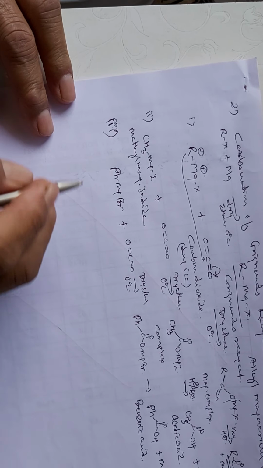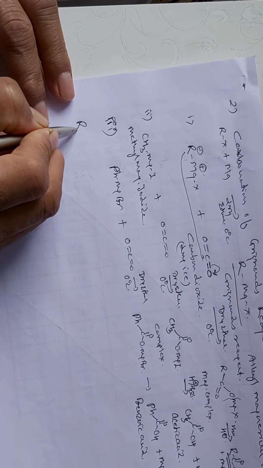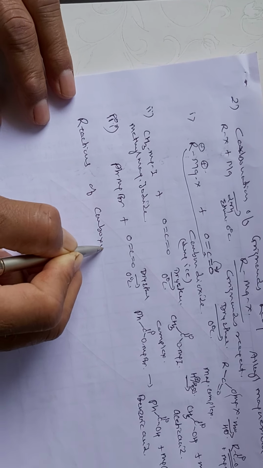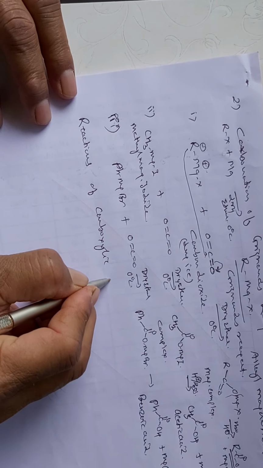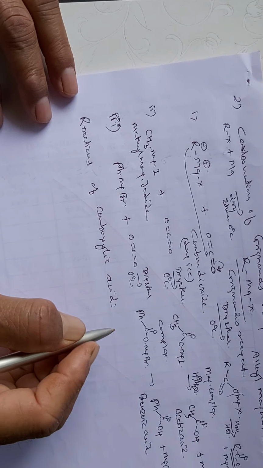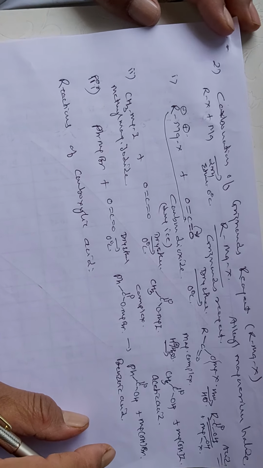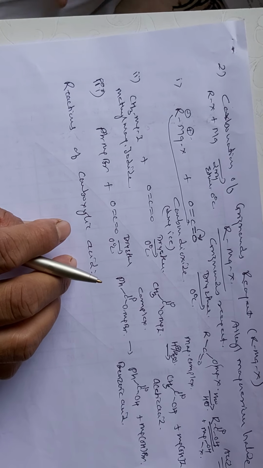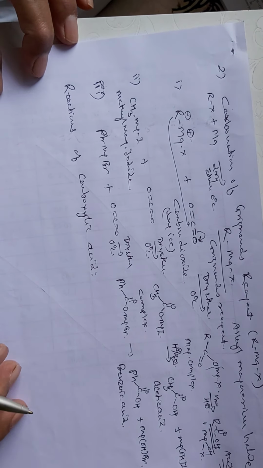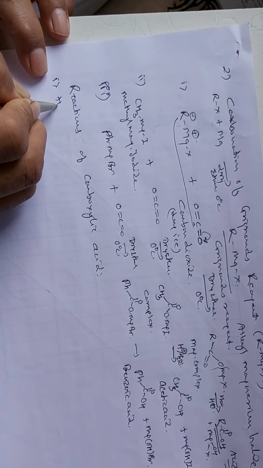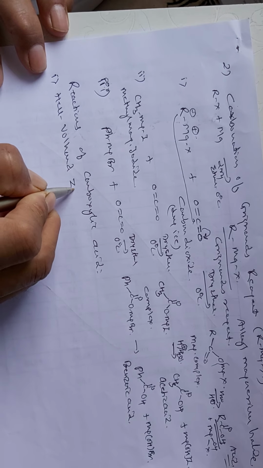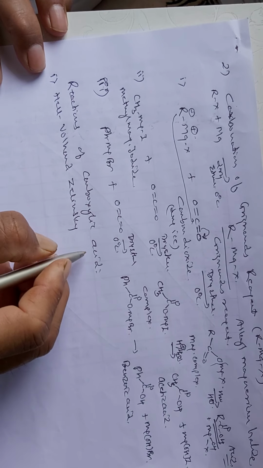that is, the carbonation of Grignard's reagent. Then the next part of this topic is the reactions of carboxylic acid. So here we are going to concentrate our studies on certain reactions which are very important and new to you. We have studied the basics in 12th standard and now in FYBSc. Now we want to turn towards some of the depth of this subject, and the new reaction that is going to be introduced here is the Hell-Vollard-Zelinsky reaction.